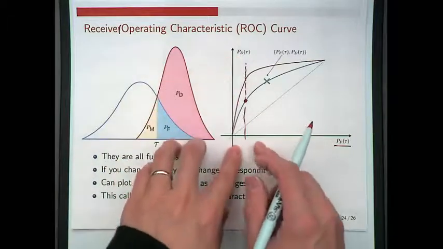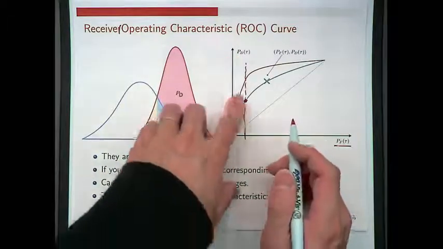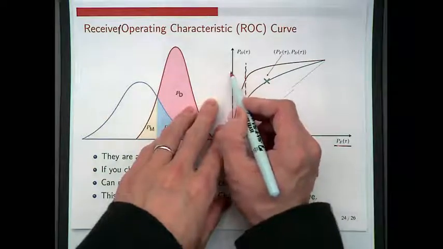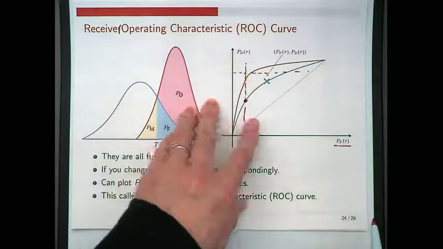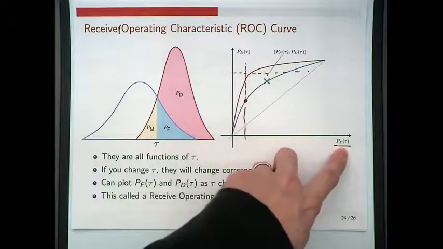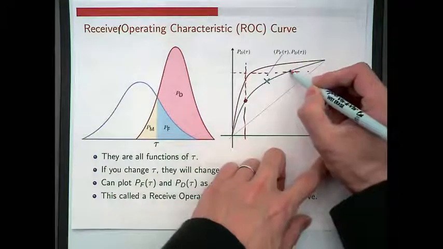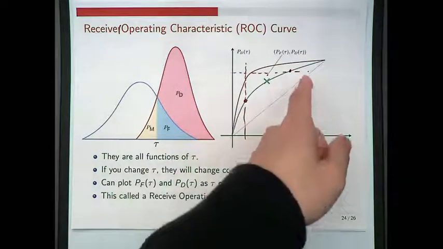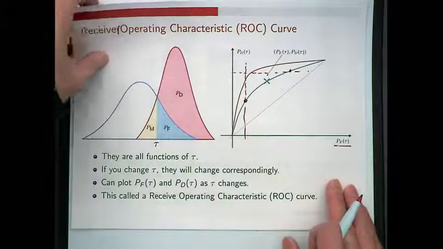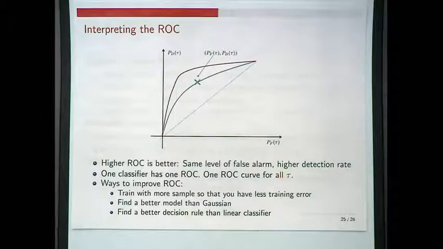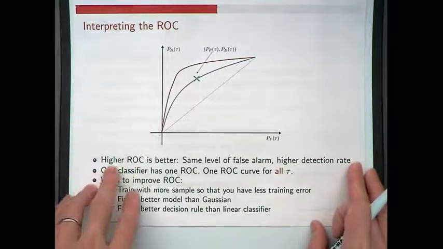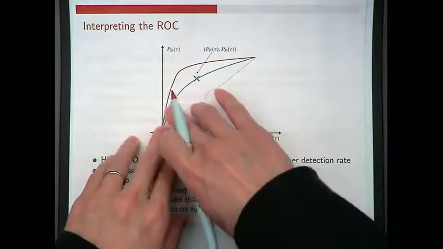Now suppose I want my detection to be at least 75%. How much false alarm do I need to handle? It will be at this point. So you tell me how much you can afford, and I tell you what the point of operation will be. Okay. So here is the ROC curve, and interpreting the ROC curve is that normally what you do is that